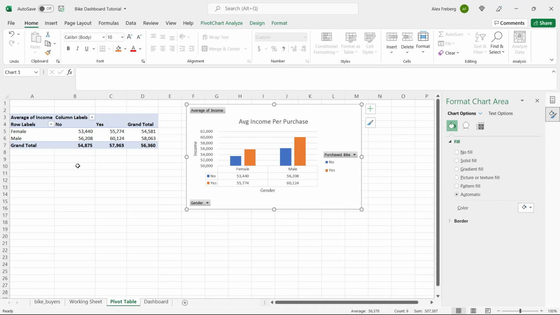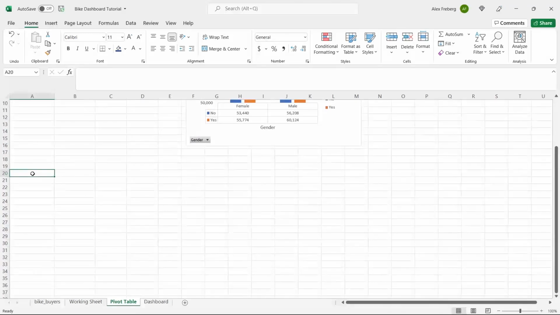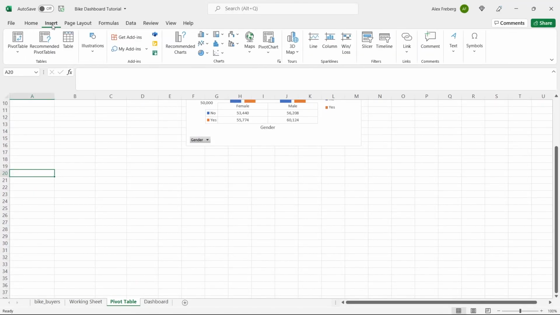So we created our pivot table, and then we created our visualization. Basically exactly what we're going to do for all of these, because again, all of these need pivot tables in order to create the visualization. So let's get out of here. We're going to scroll down, and we're going to create our next pivot table. And once we get done with all of the pivot tables that we need, or all the visualizations that we need, then we will